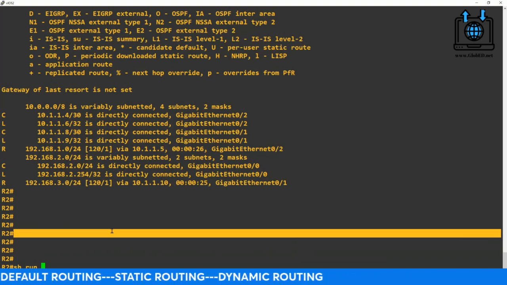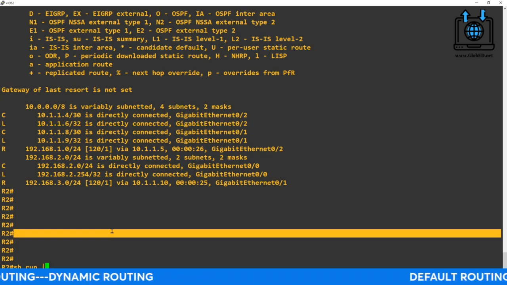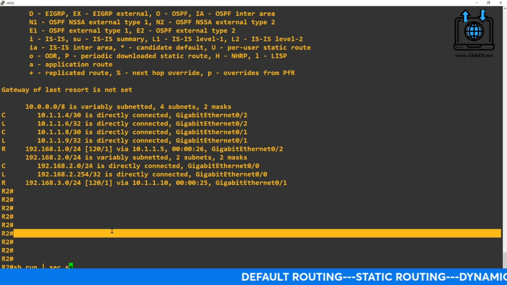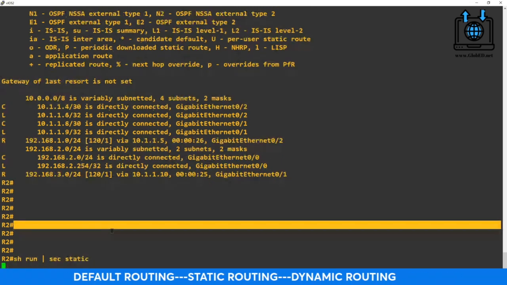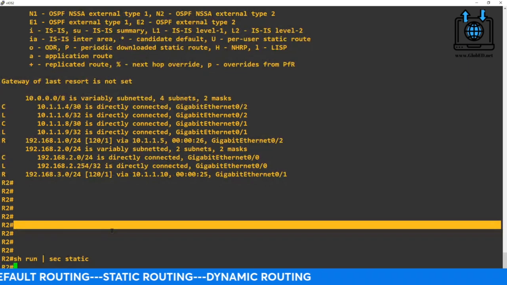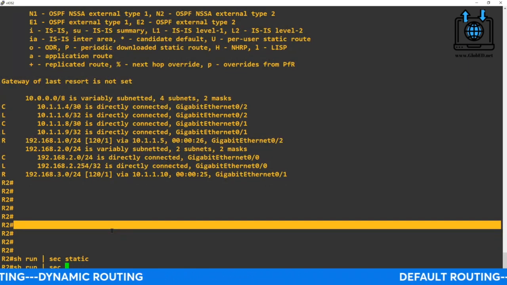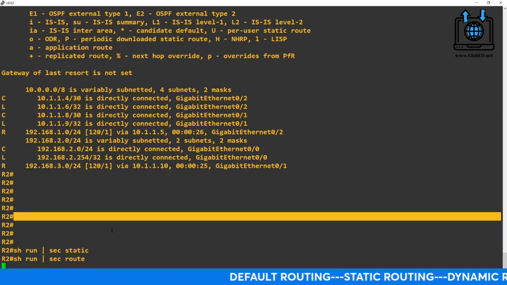Now, if we do a show, let's do it in lowercase, we'll do a pipe command, show run pipe section static. Type it correctly, lads. See that?